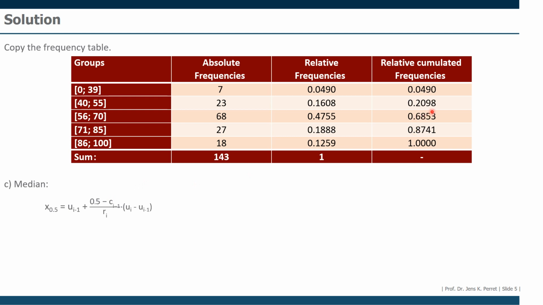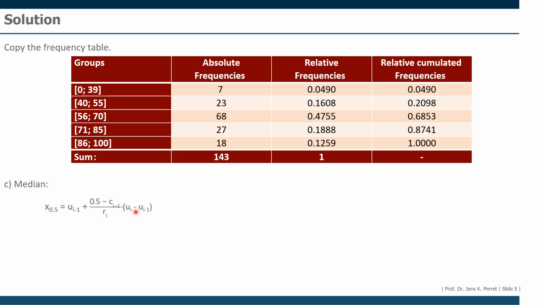So the class before is that one up here. The cumulated frequency is 0.2098. So that's this value here. And we're going to divide this by the relative frequency of the median class, so by the 0.4755. So we're going to need this one to determine the median class, those two for this fraction, and then